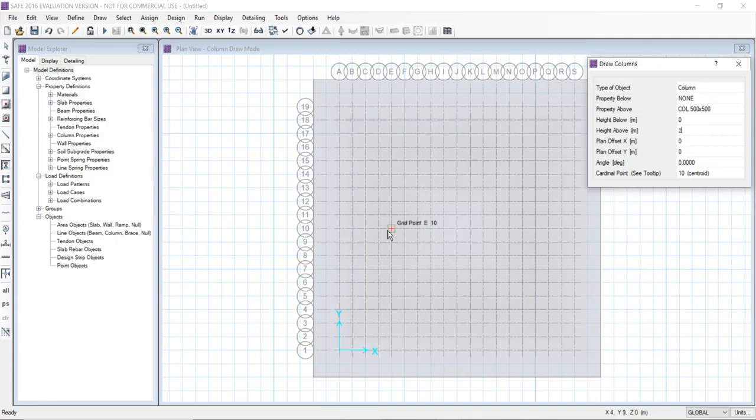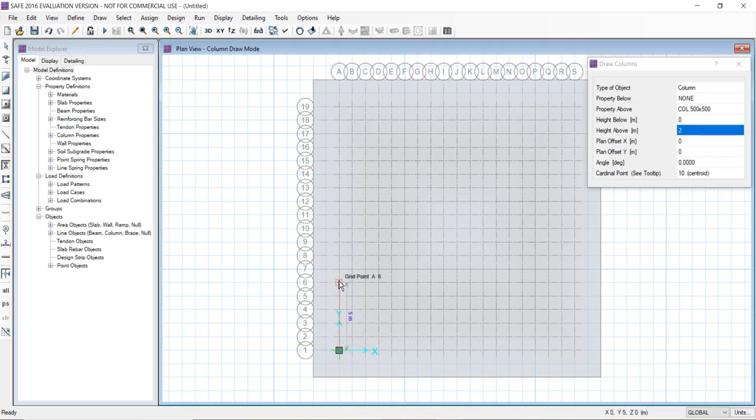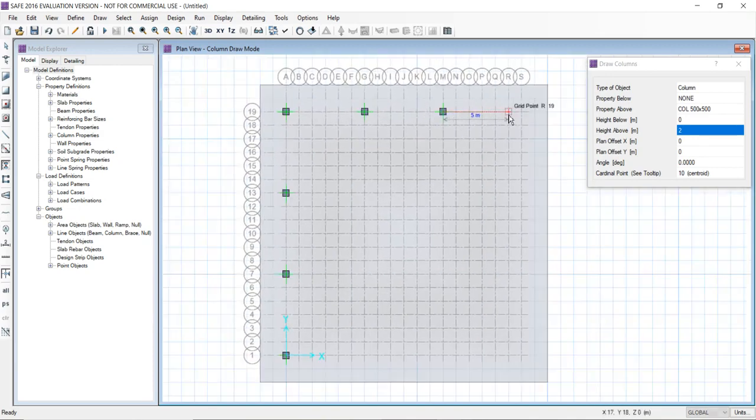Now we'll place this column 500: first, second, third, fourth, sixth, seventh.